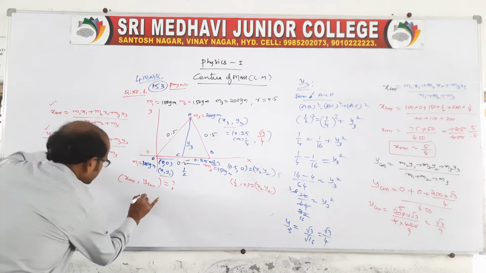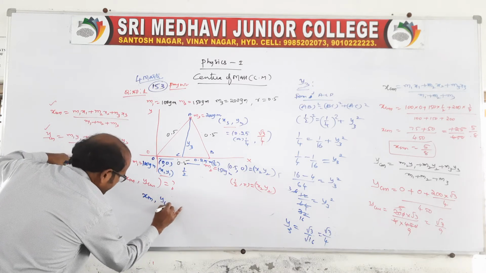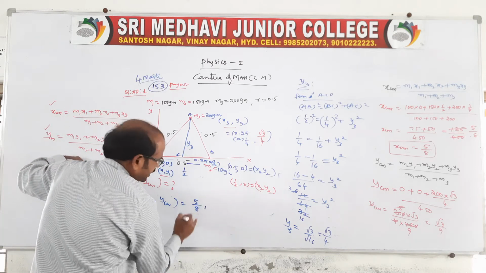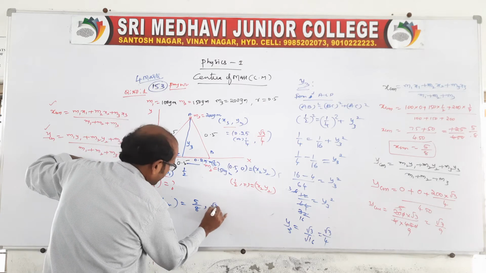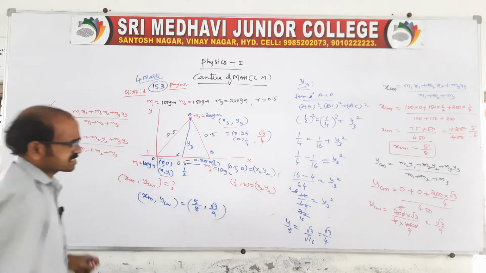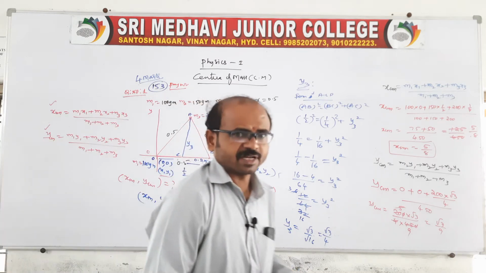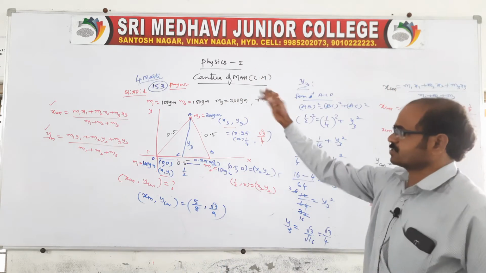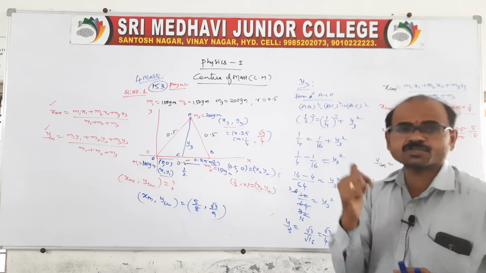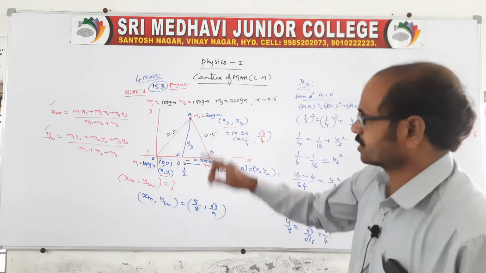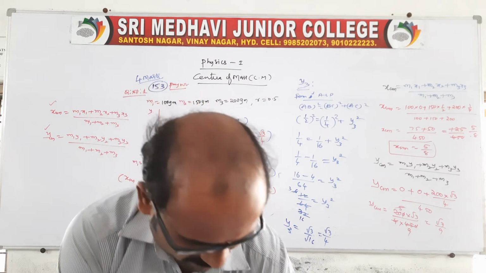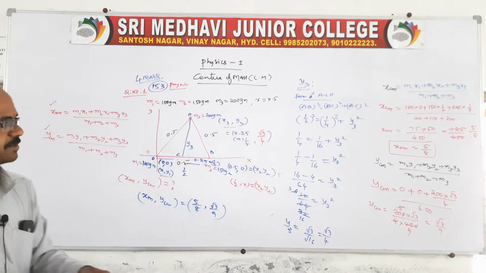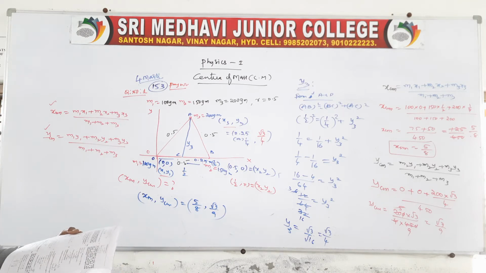So the values XCM comma YCM are 5 by 18 comma root 3 by 9, which is given in our material. This is the problem given in our material as a question. Suppose you go through this. This is also a 4 marks question. In the previous class we also discussed one problem related to the 2-dimensional plane. This is given in our material as problem number 1, page number 153. Suppose you refer to this.